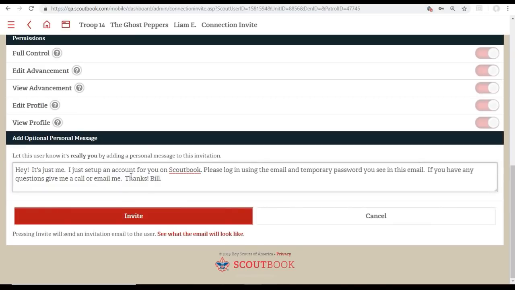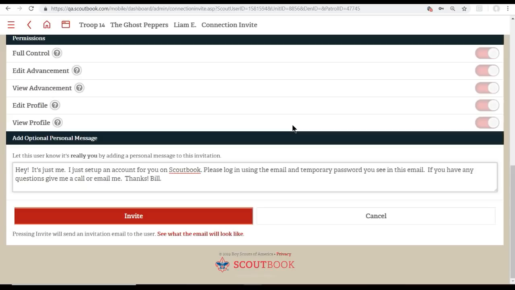They put a default thing in here, but you can write your own words here and click invite, and it'll invite them to be a parent. It'll send them an email and give them a login to Scoutbook, and when they log in, they'll see their parent. We have some guides out there on that, bit.ly/Scoutbook for parents. There's a parent guide there